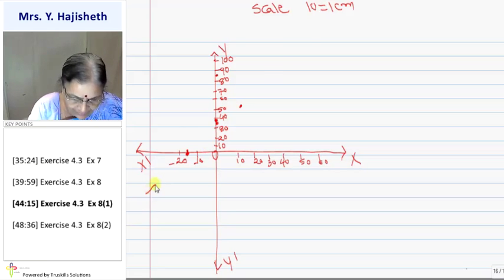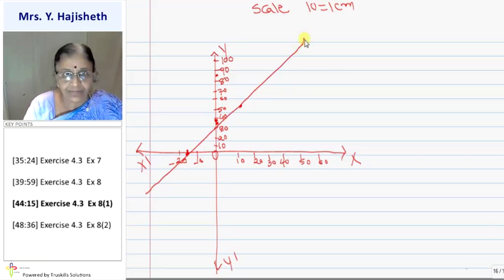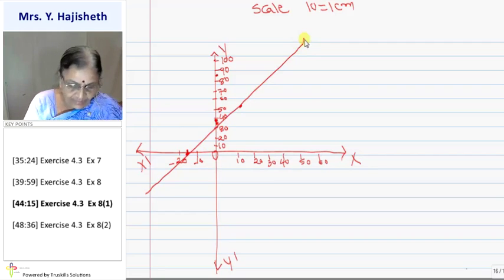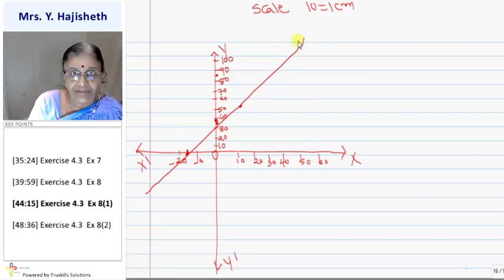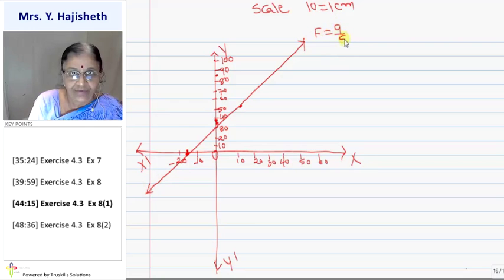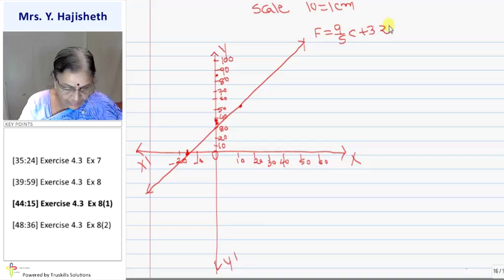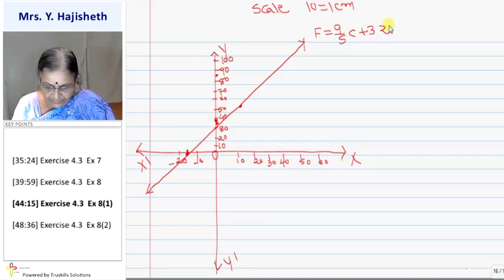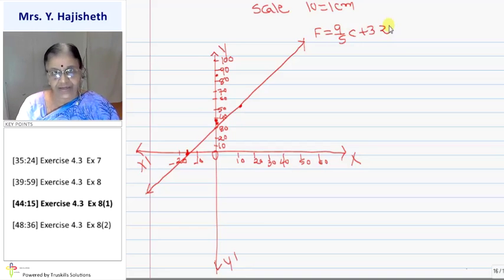So my graph will be like this. Okay, it is like this. This is my graph of F = 9/5 C + 32. Clear? Now the first question is: